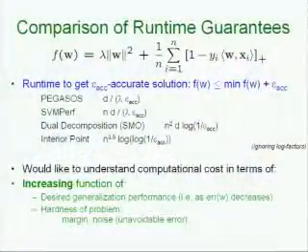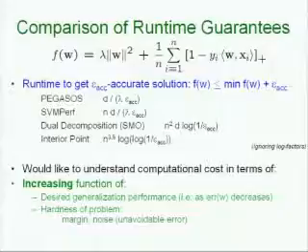Okay? So I'm still going to show you how we get a decreasing dependence on runtime, but before we do that, let's just try to understand these runtimes, and we'll see that that's going to be helpful for us also for seeing the decreasing behavior. And we'll try to understand them, as we promised before, in terms of the parameters of the learning problem, in terms of the desired generalization performance, the desired error, okay? Not this optimization epsilon, but the actual error I'm going to get on future predictions, and in terms of the inherent hardness of the problem: how big a margin is it, how noisy is it, okay? And in order to do that,